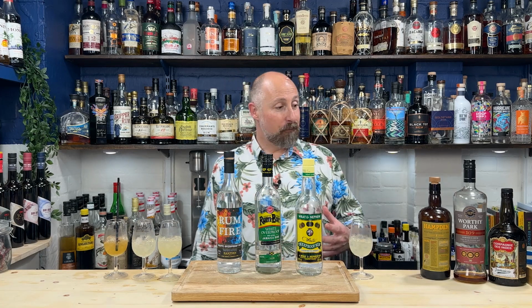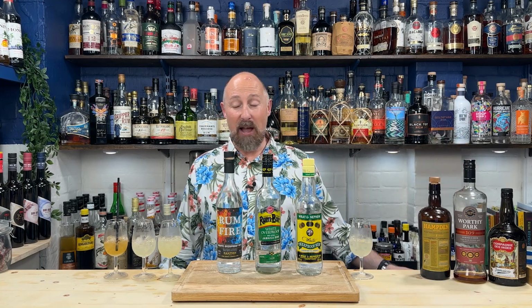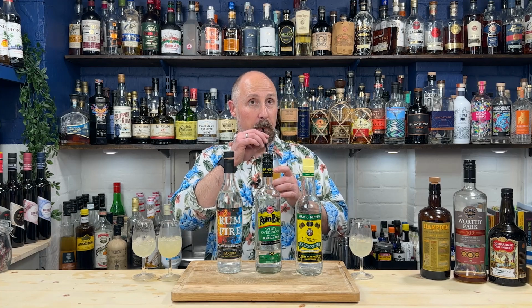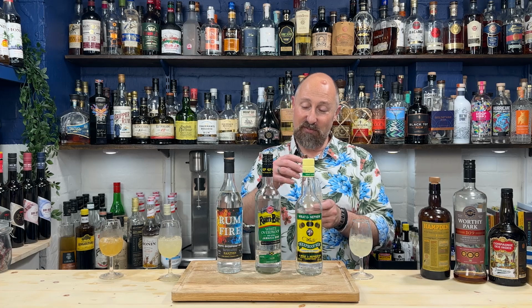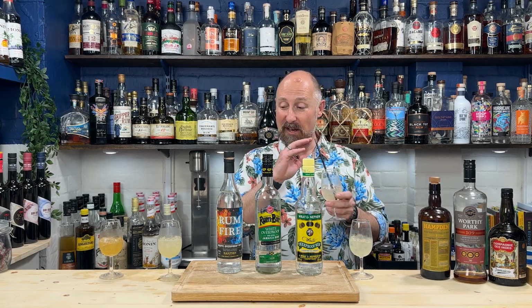As I've said, if money was no object, I would probably go back to the Hampden 8-year-old. But for less than half the price, if you're comparing 70cl to 70cl, that Worthy 109 is still, for me, where my money is. Absolutely delicious, but there's a good shout for the Rum Fire. Lots more experiments need doing, but at face value,